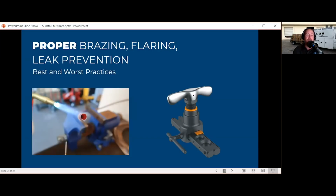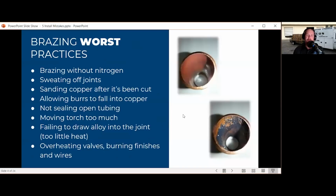To say there aren't some really great mechanical connections, but if you want to get it really, really tight, then brazing is the way to go, which is why we've done it that way since all of us can remember. So we do want to try to keep them leak-free, and let's talk about that. First thing, when brazing, let's talk about some of the worst practices, some of the things that people do wrong